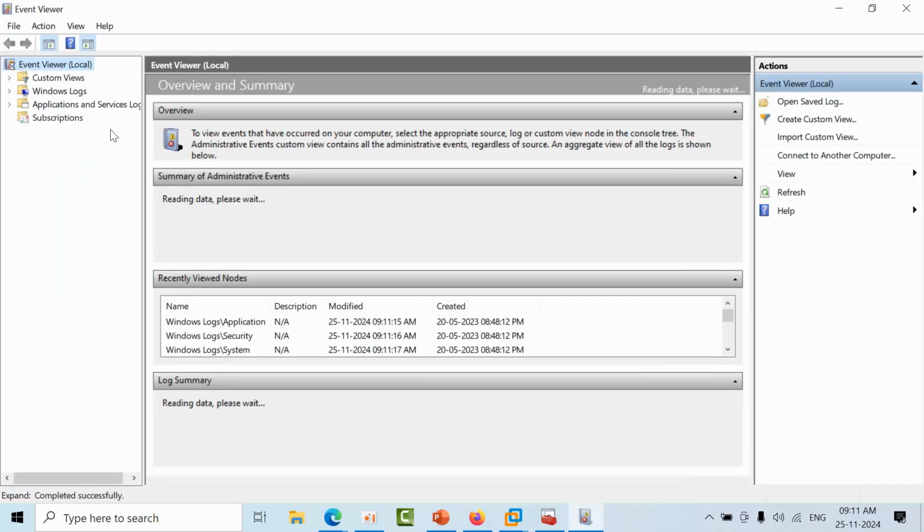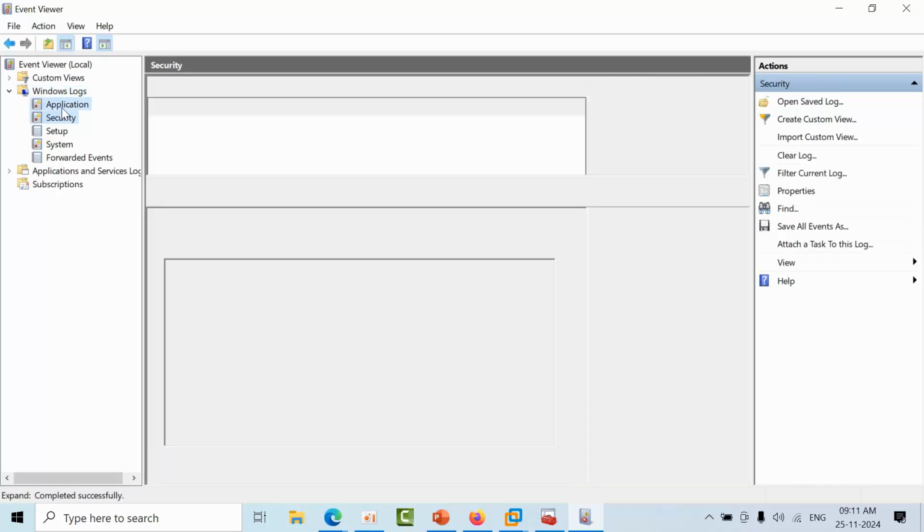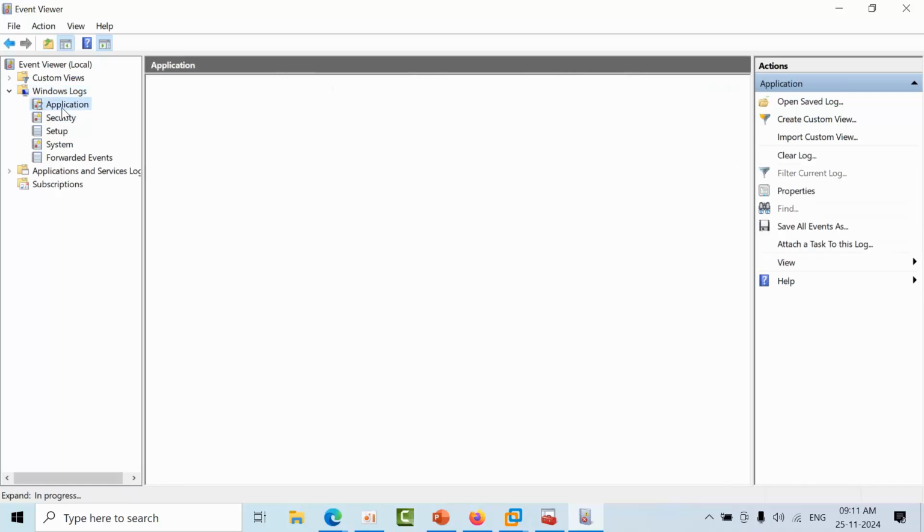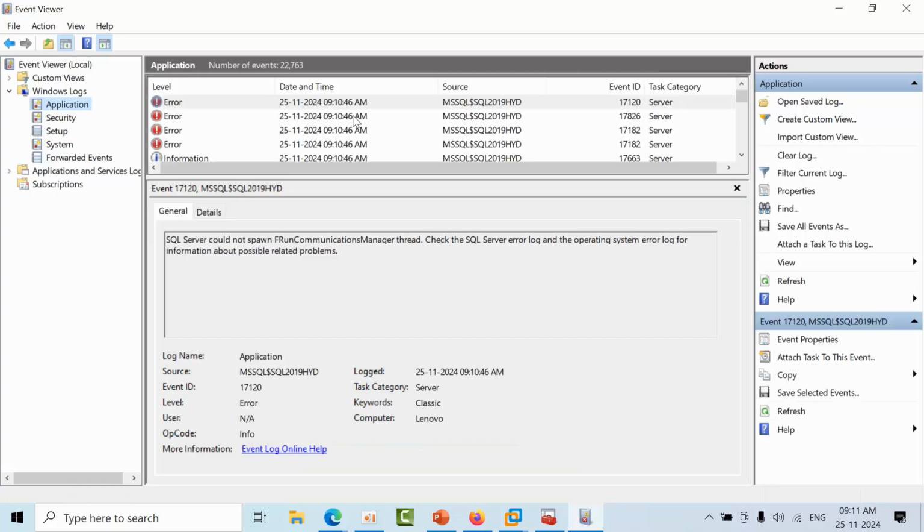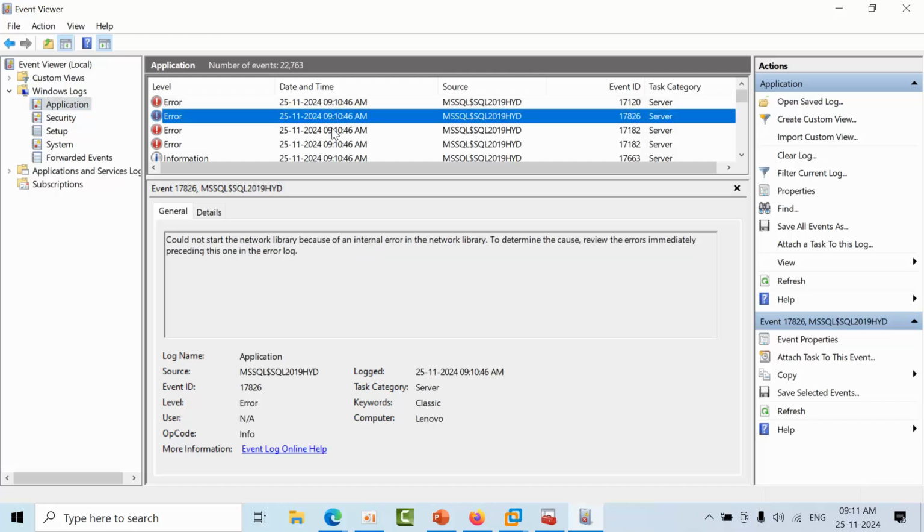Now go to Event Viewer, go to Windows Logs, go to Application. Let's see. Sir, today 9:10. If you see here,